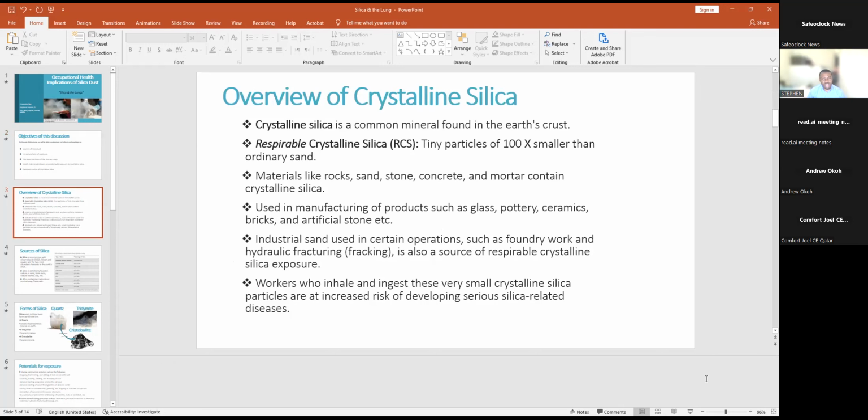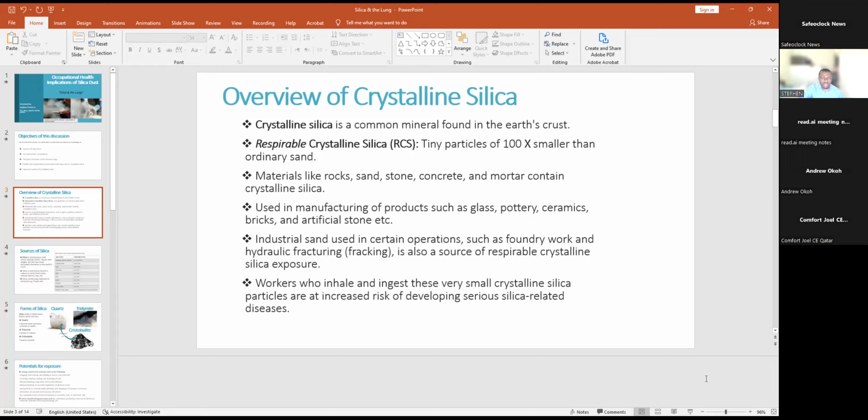Now, when we look at the overview of crystalline silica, it is a common mineral found in the earth's crust. And respirable crystalline silica is a tiny particle about 100 times smaller than ordinary sand. Mr. Johnson showed a projection about something like that. So for us to understand that, naturally, you cannot even see crystalline silica because it's so tiny. And you can find it in rocks, sand,